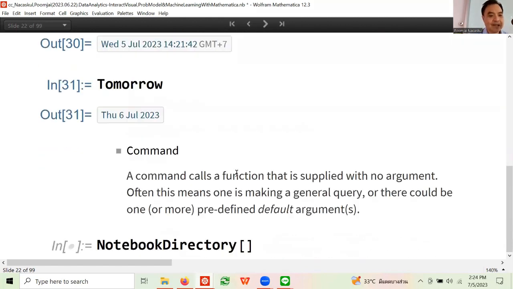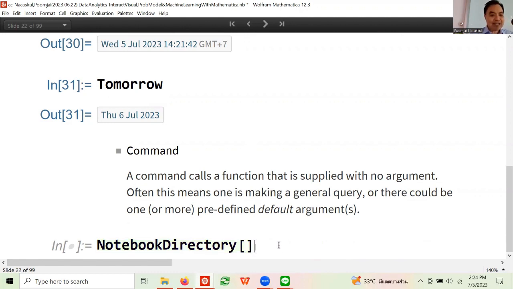Anyway, now here is an example of a function that has zero arguments. It is a function, it takes an argument, but it takes no argument. It's a little bit different than here. What this usually means is that you can actually put something in here, but you don't need to.